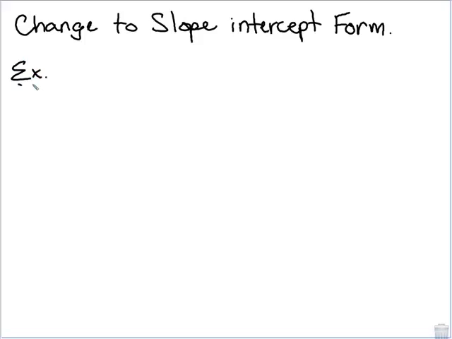And for example 6, we'll give you the equation 3x minus 3y is equal to 12. And what's really meant here by solve or change to slope-intercept form, they really mean solve this equation